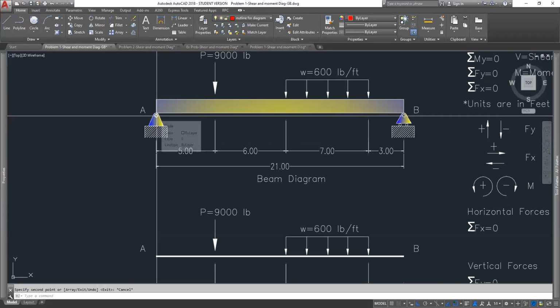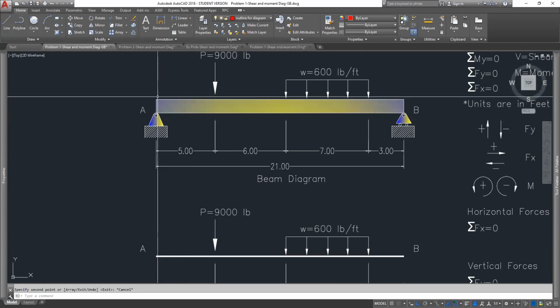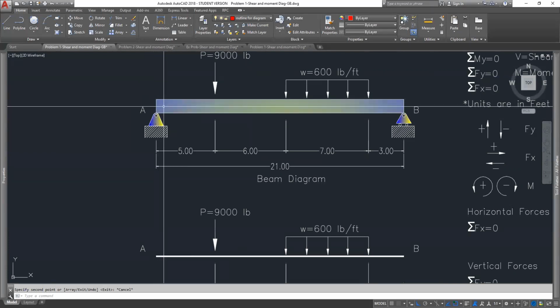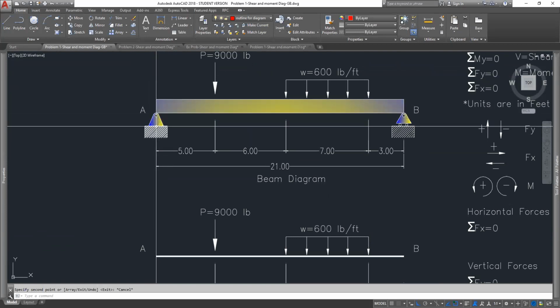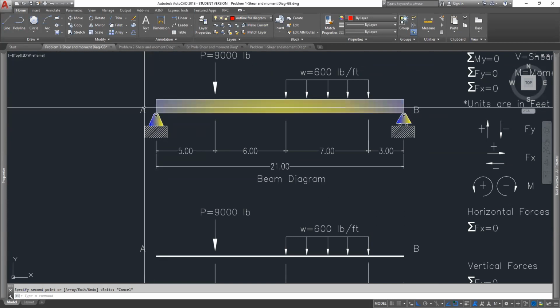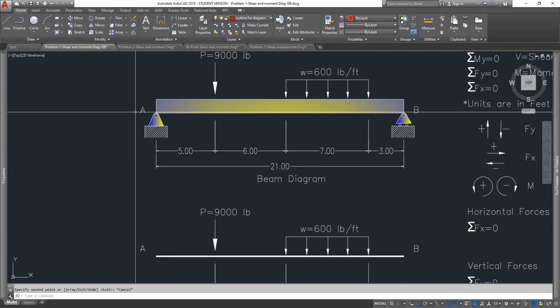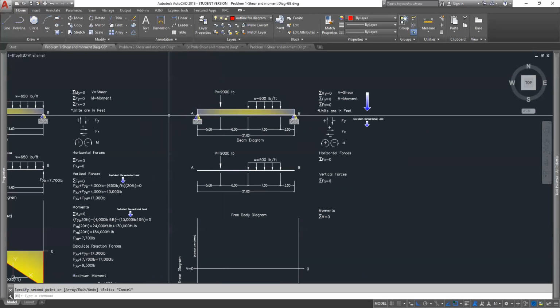A pinned connection means that this beam cannot move either up or down or left and right. That means that pin, that support, is going to have reactions which are both vertical, and if there was a horizontal force put on it, you would have a force in the X direction in here. So for the pin connections,